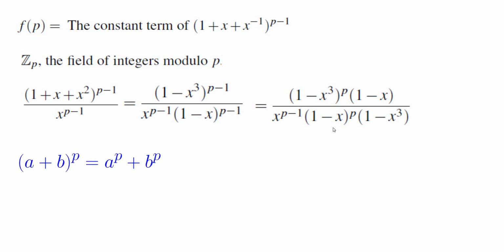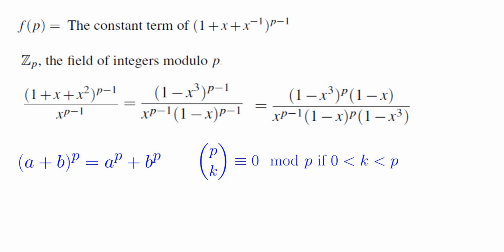And that fact is that (a + b)^p is equal to a^p + b^p when we are working mod p. And the reason is when you expand (a + b)^p, you get a bunch of terms with p choose k, and each of the p choose k's is 0 mod p if k is positive and less than p. And the reason for that is relatively simple, because when you write down p choose k,